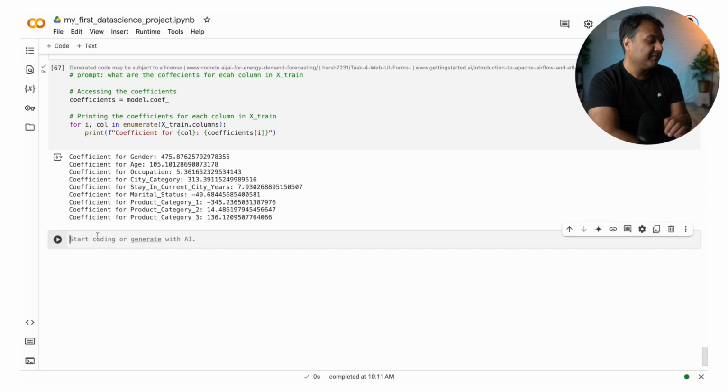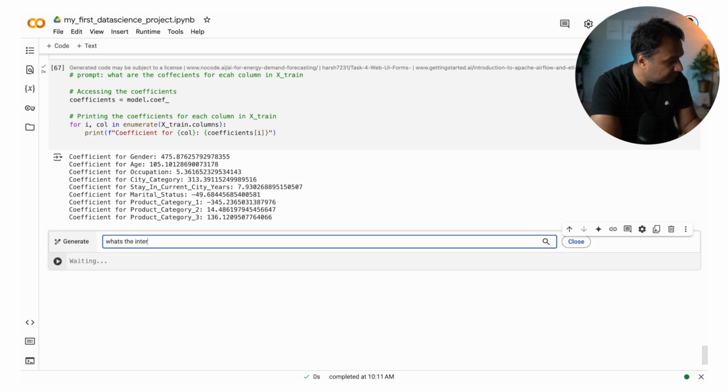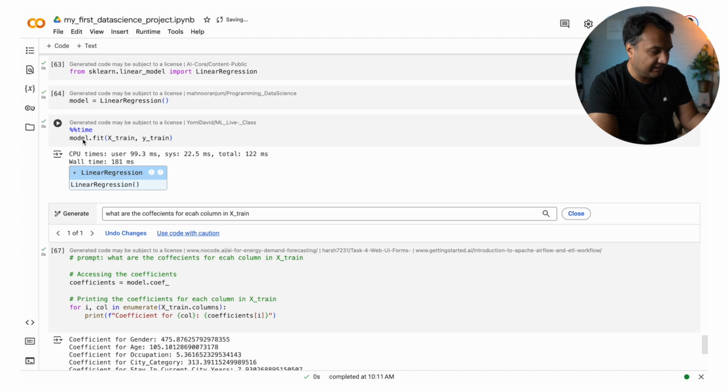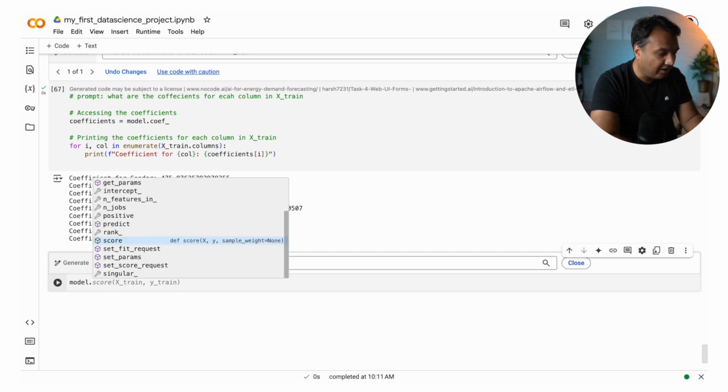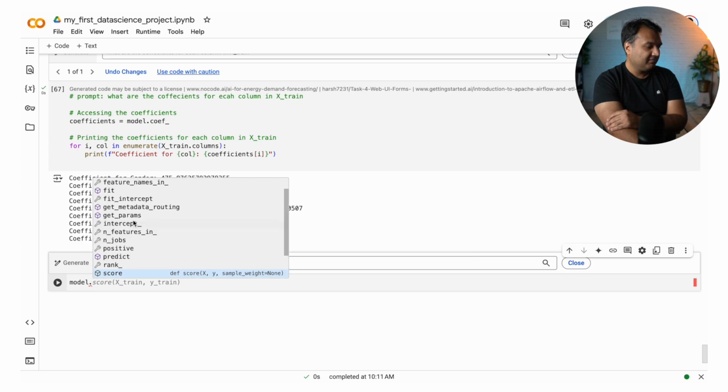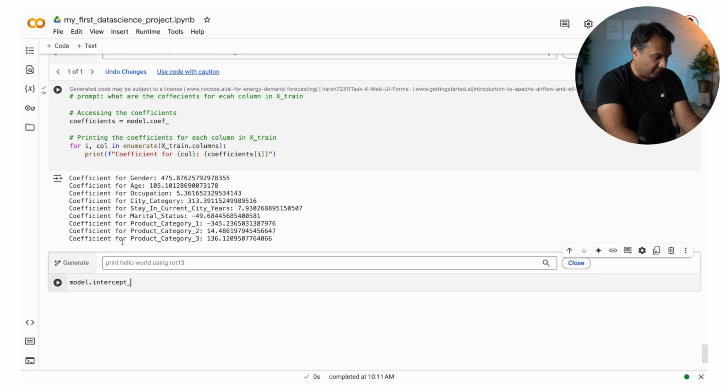Okay, let's try this. Yes. So, and let's see what is the intercept. Actually, you can do it yourself. So the model is what gets trained. Model is our main linear regression model. So if I go in model and I do dot, you can see that it is giving me all the options which I can use to know more about it or use it in future. I can use it to make predictions using predict. There are a lot of other things, and I can get the intercept, which is the thing I wanted.